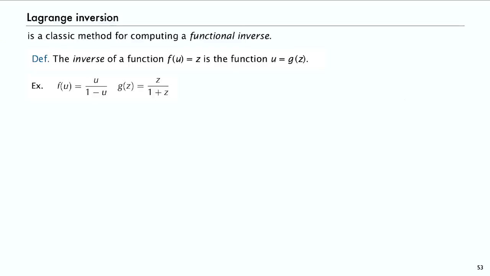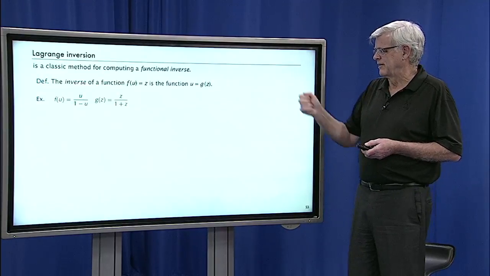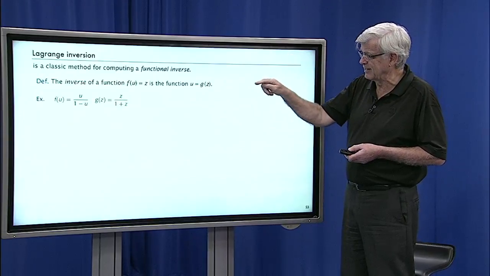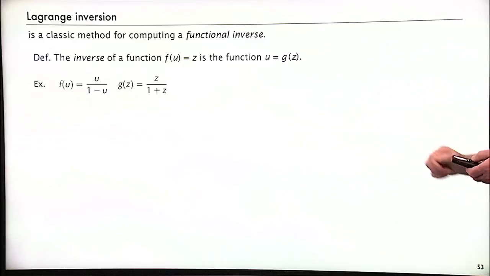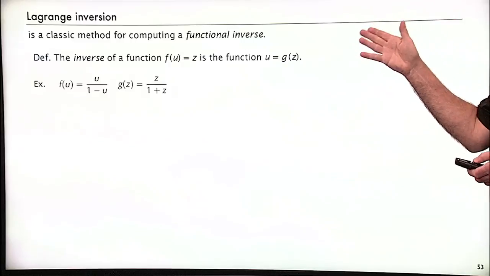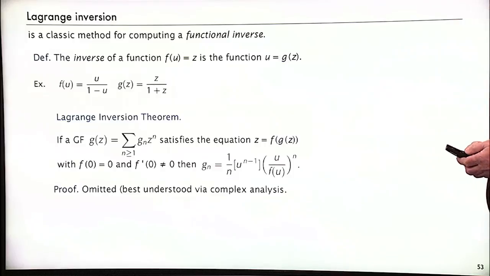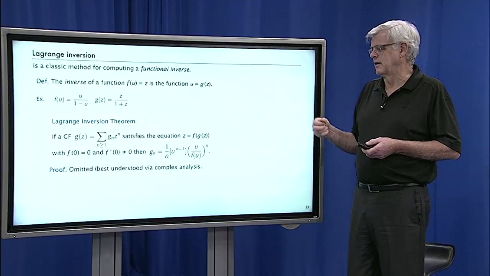quite a straightforward way. So, for example, if I have a function f of u equals z, like f of u equals u over 1 minus u, then the inverse of that is the function u equals g of z. So if I set z equal to u over 1 minus u and solve for u, I get u equals z over 1 plus z. So that's the inverse. And so Lagrange inversion is a classical method for computing this, and we'll see how it applies for us. So this is the Lagrange inversion theorem that